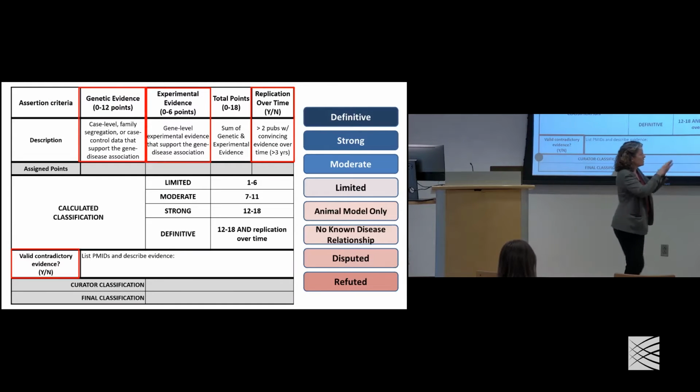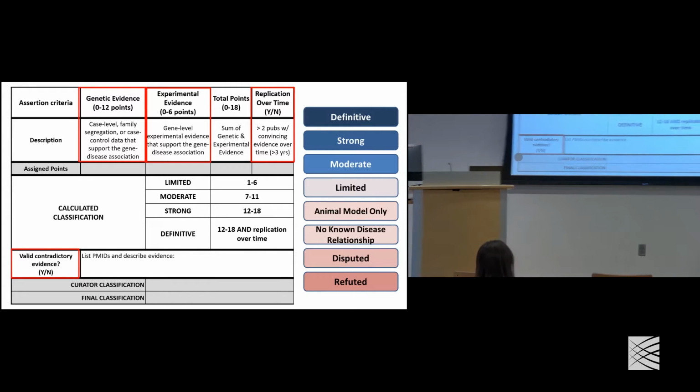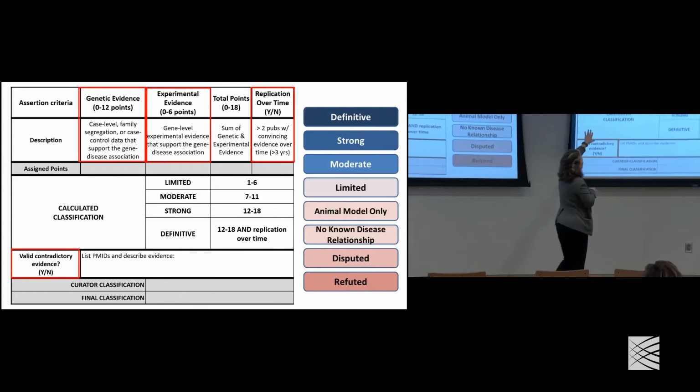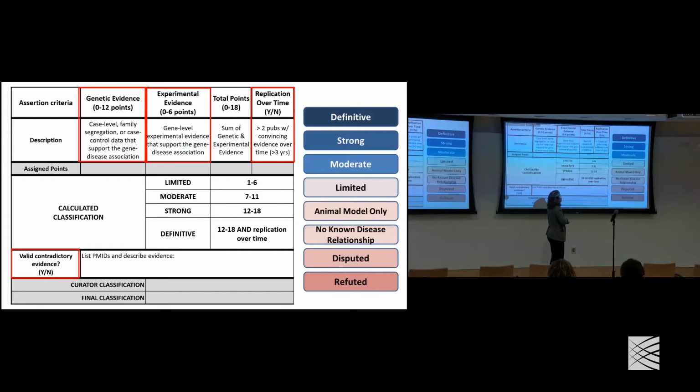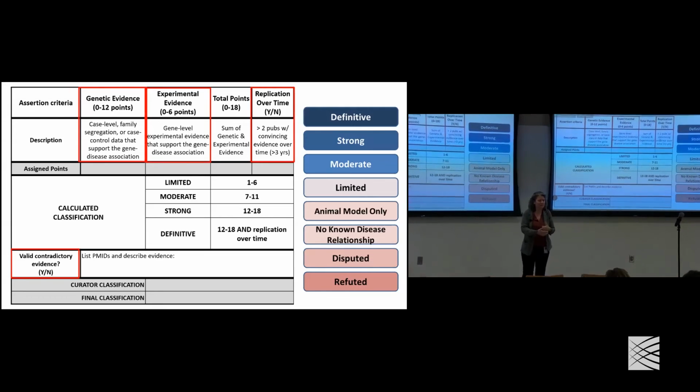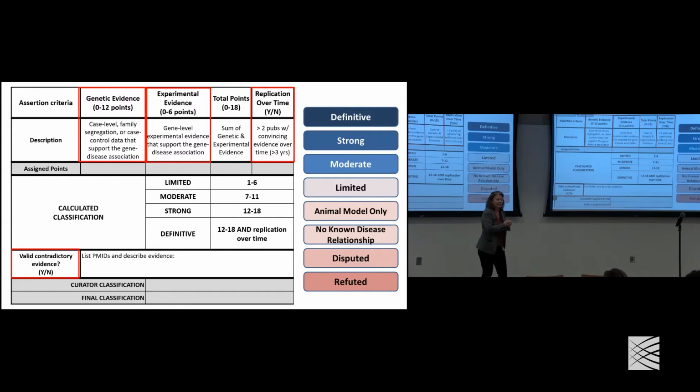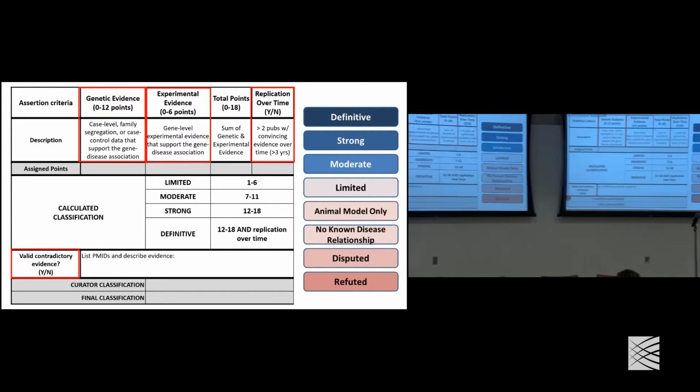And I mentioned this framework is semi-quantitative, so these different evidence categories can garner up to 12 points for genetic evidence and up to 6 for functional data. And that can get you to strong. And then in order to move from strong to definitive, you need to see replication of the finding and standing the test of time, which means at least 3 years out there, time for things to be objected to. And so this is how the scoring and classification work happens.